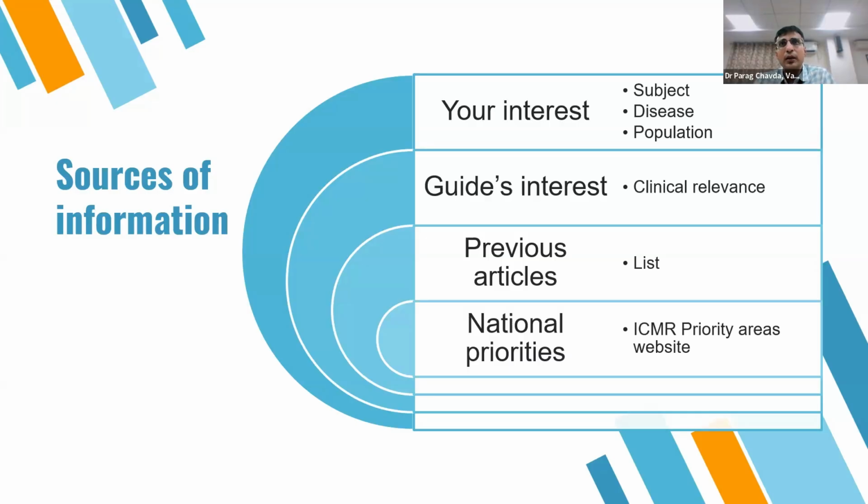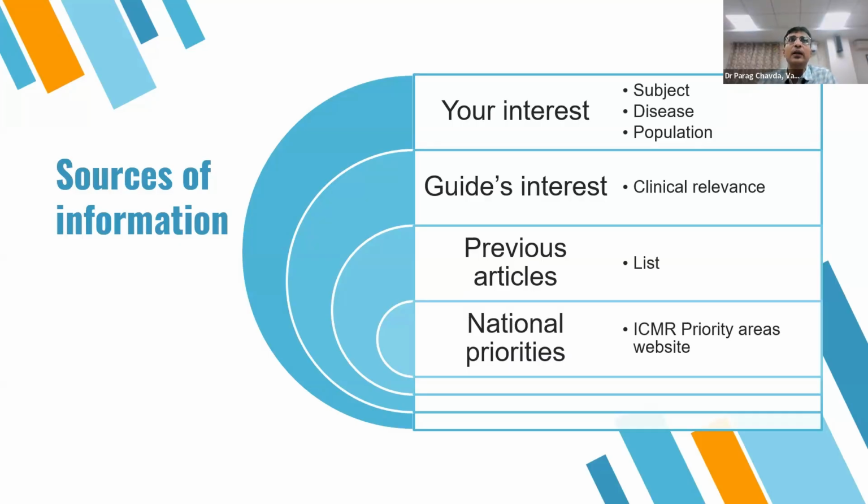I mean, looking at the current prevalence of non-communicable diseases, it's very likely that all of us would have at least someone in our extended families who would have diabetes or hypertension. So if you are caring for them, you might be interested in those areas as well. There might be subpopulations which you are interested in. So, say for example, someone might be more comfortable dealing with children, and they might say that I wish to do something with pediatrics. Someone else might say that there could be different occupation groups.